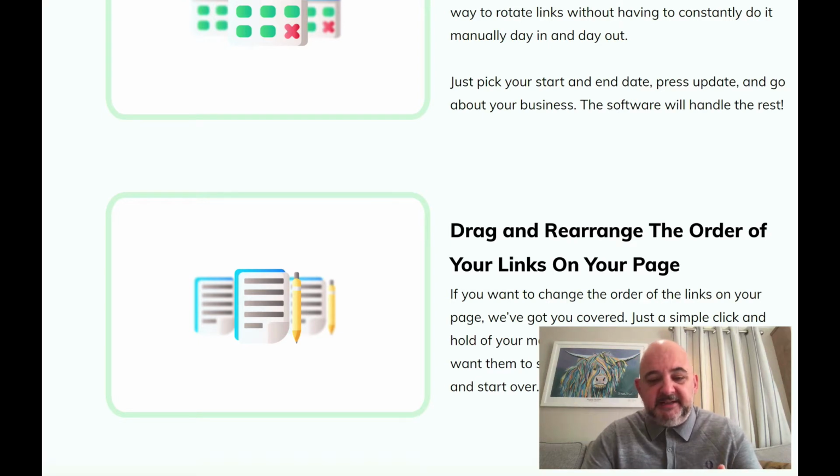Now, Trafficize lets you manage your bio links in Instagram and TikTok. It also works on Twitter and everything else with a profile that you can add your bio links into. Now, I'm going to show you the application in this video and walk you through what it does.